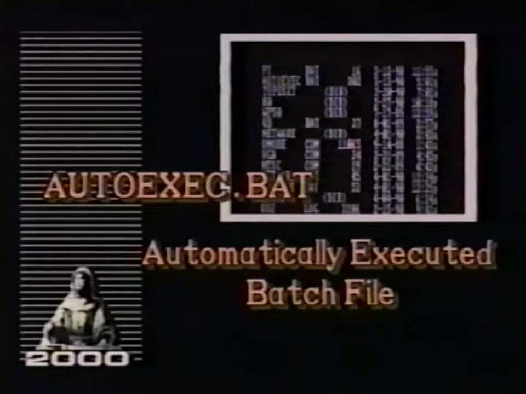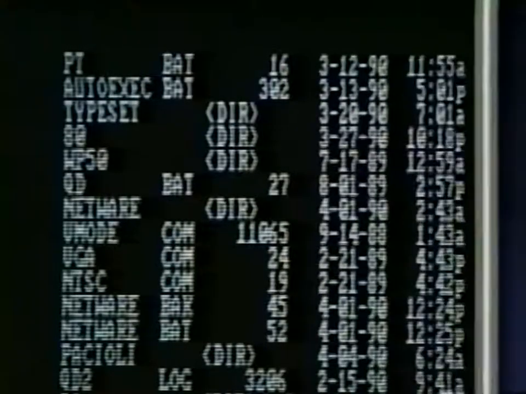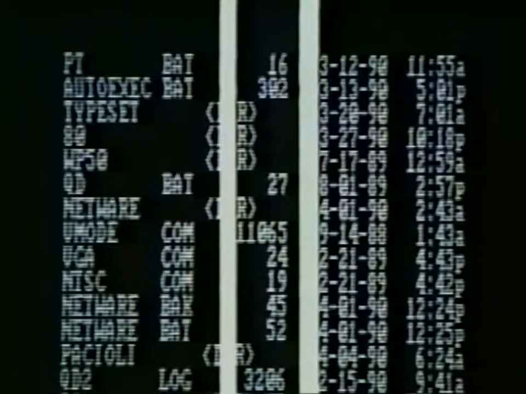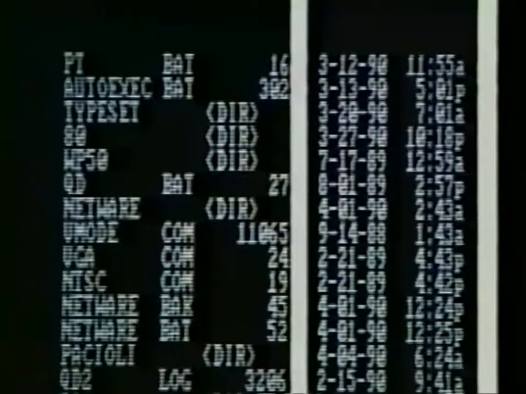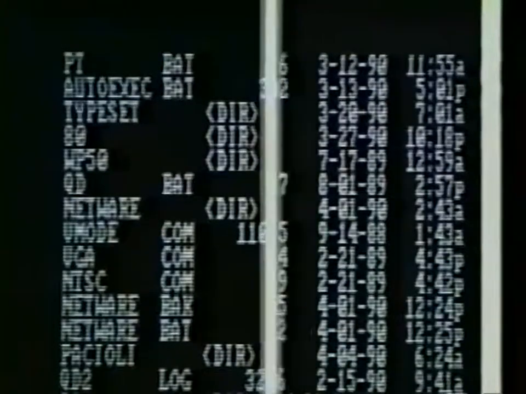You might ask, why is the name shortened to autoexec.bat? Well, in DOS, file names are limited to 8 or less of these characters, followed by an optional period or dot and an extension containing up to 3 more of these same characters. Next to the file name is a number indicating the approximate number of characters in that file. Next, DOS displays the date and time the file was last modified.